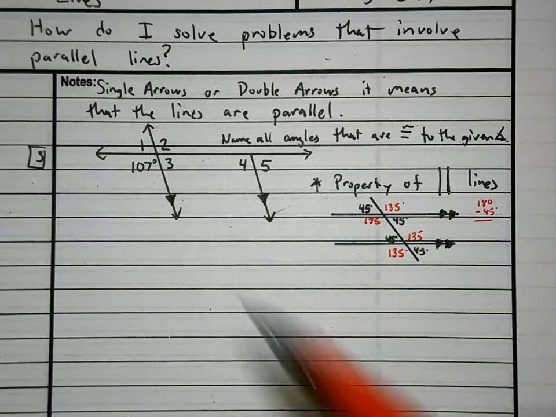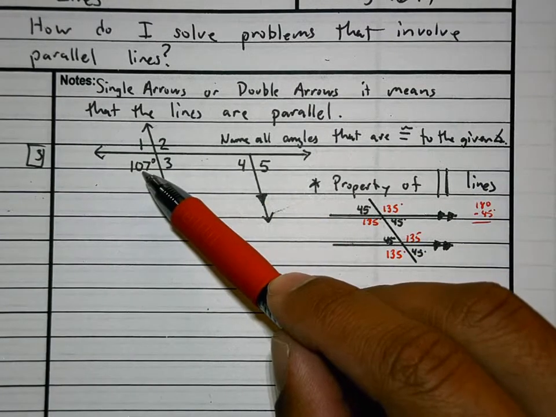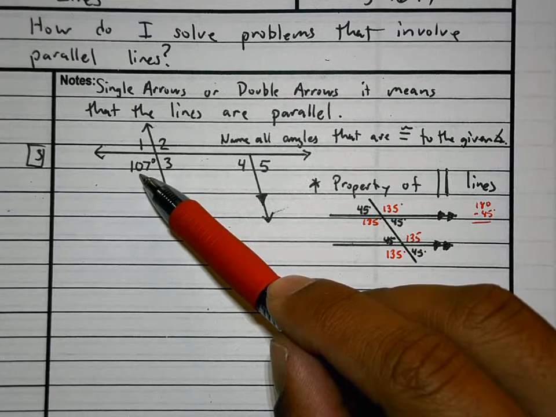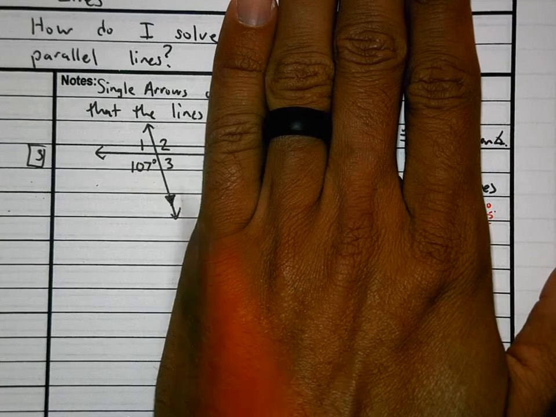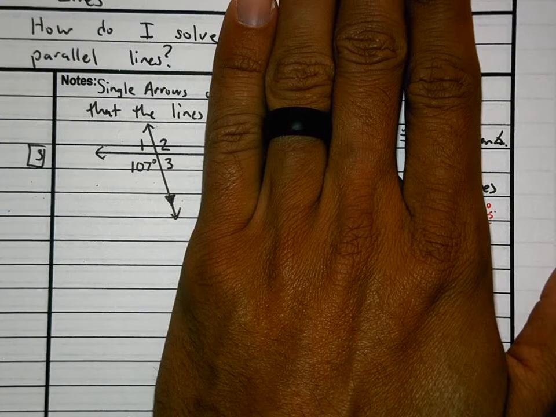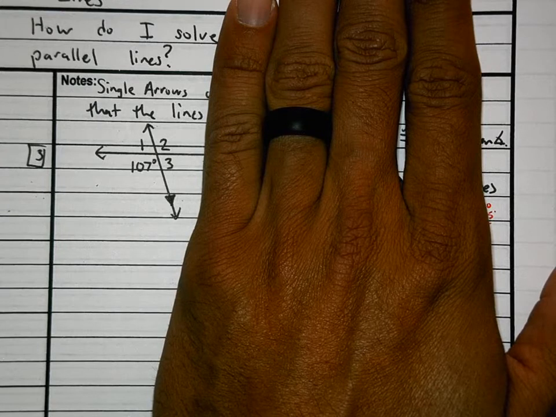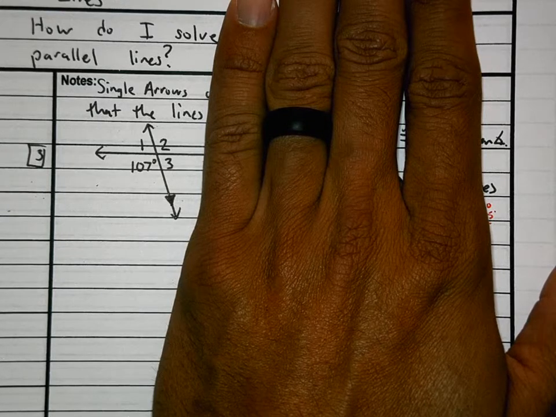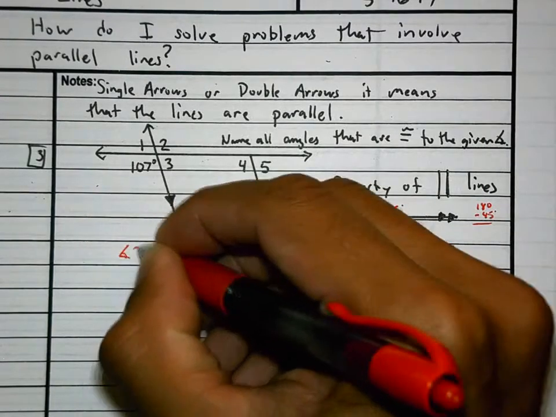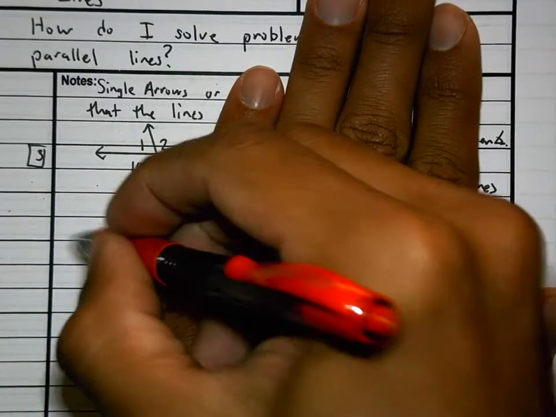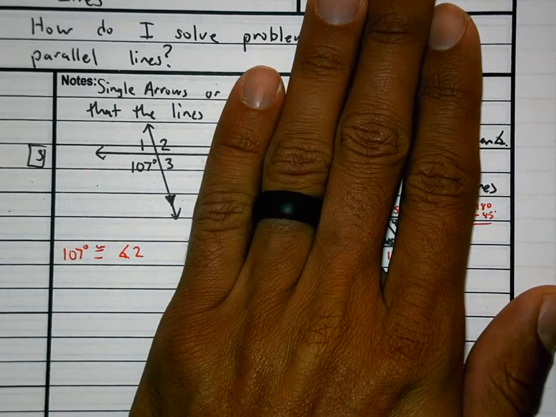So that means if this is the only angle that's given, 107 degrees, it's the only one that has a measurement, I can cover this side up, and you should know which angle is the same as 107 degrees. It has something to do with a vertical angle. Do you know which number is going to be the same as 107? Which angle? 2. So I'm going to write down over here, angle 2 is congruent to 107 degrees. Now that's not the only one,